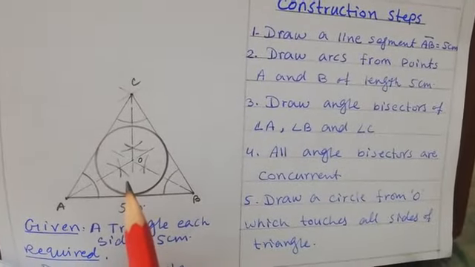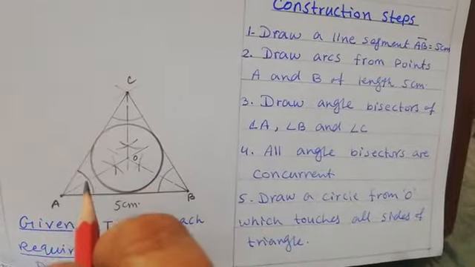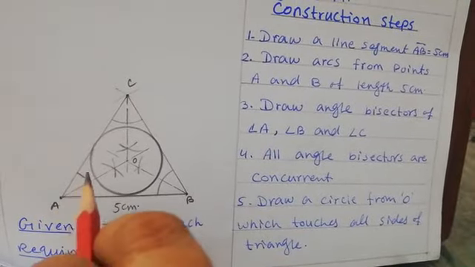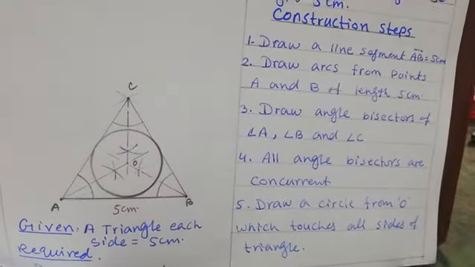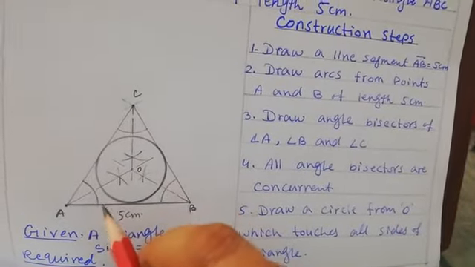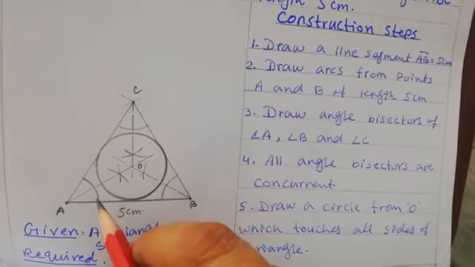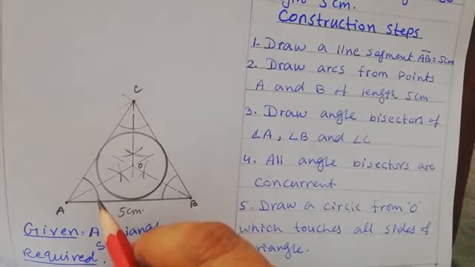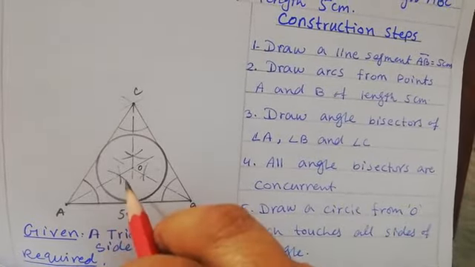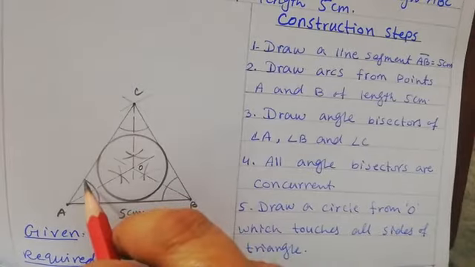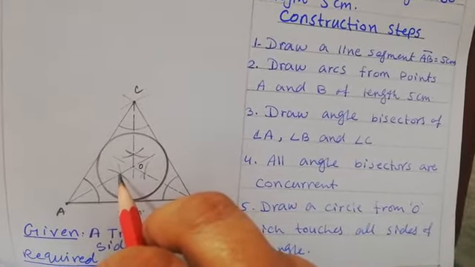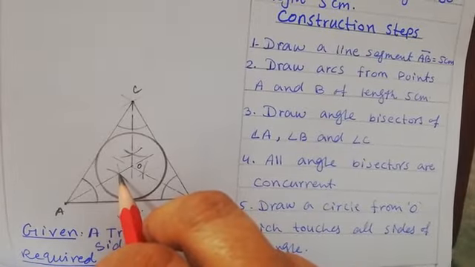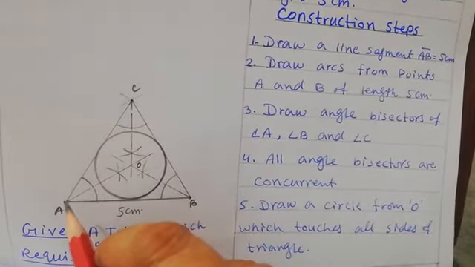How can we draw an angle bisector? First of all, you will put the angle sign here at angle C, that is, angle ABC. After that, you will fix your compass at the point here, open your compass and fix at this point and draw an arc. Now you will fix your compass at this point and draw another arc. Both arcs intersect each other. Then you will join this intersecting point with point A.